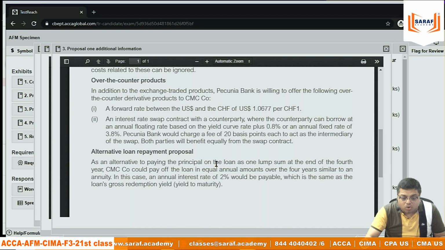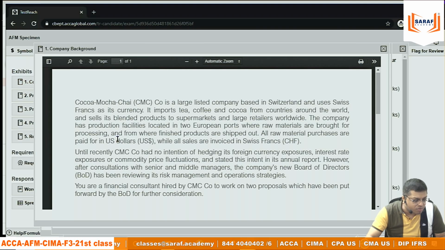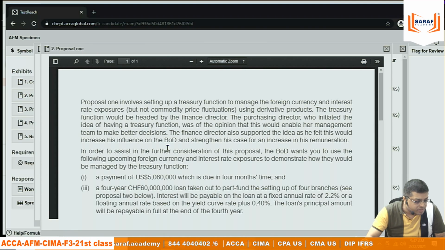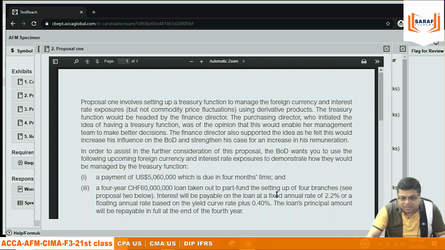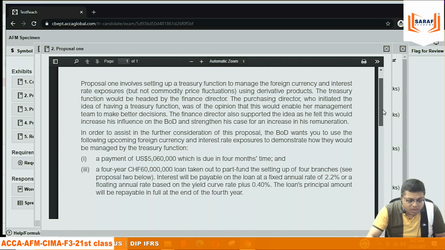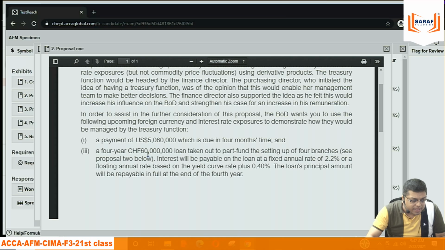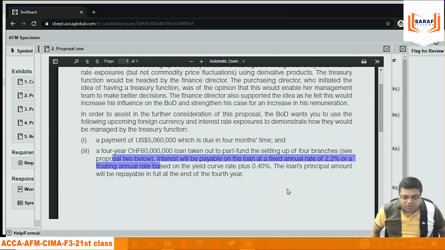वी आर गोइंग टू बोरो फंड्स, हम लोग फंड्स बोरो करने वाले हैं। अब समझिए, a 4-year 60 million CHF loan taken out to fund part। अभी तक हम लोग ब्रांच खोले थोड़ी ना है, we are going to open a branch and in that 60 million CHF will be required। Interest will be payable on the loan at the fixed annual rate, fixed they are saying, or a floating, no, not said। Interest on the loan will be fixed or floating, whatever will be best।